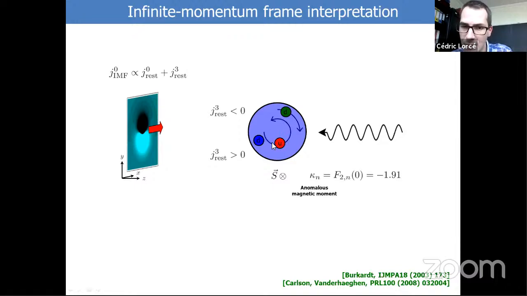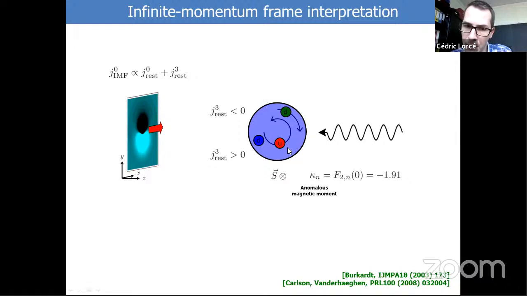Well, they have a higher chance to orbit like this, so anti-clockwise, while the negatively charged particle, like the d quark, has a higher probability to orbit clockwise. So if this is the rest frame charge density, while you have a rest frame charge density, you can also infer the sign of the rest frame charge current. So on the upper side it is essentially negative, so the z direction is towards the right, while here